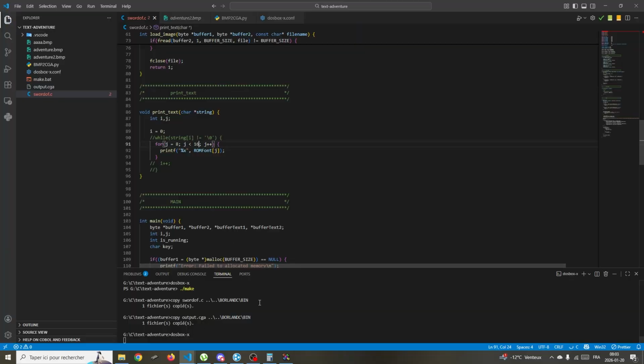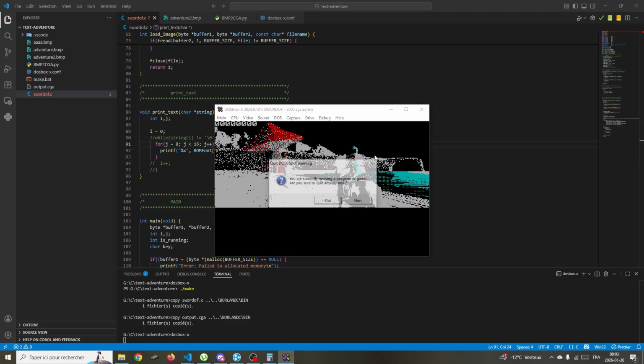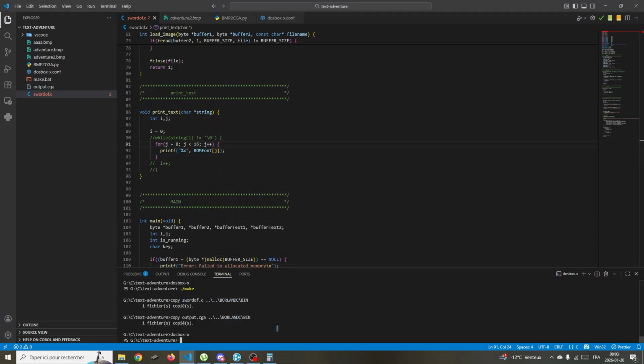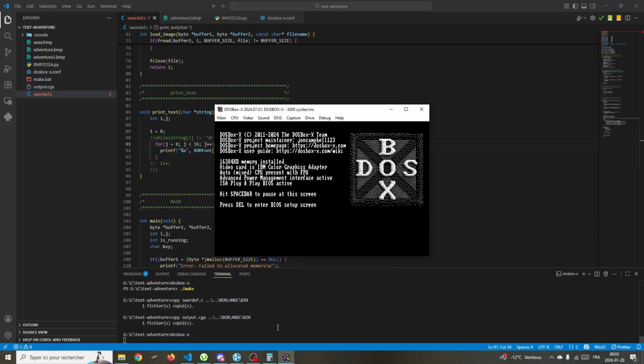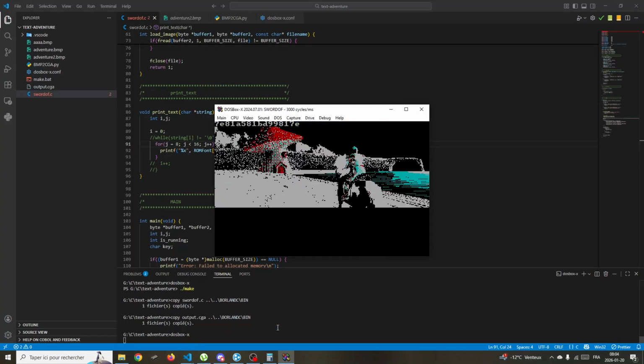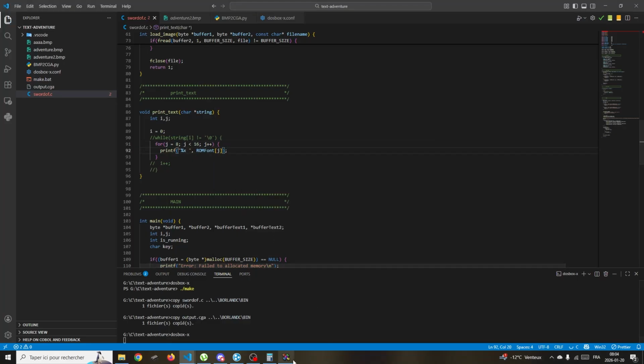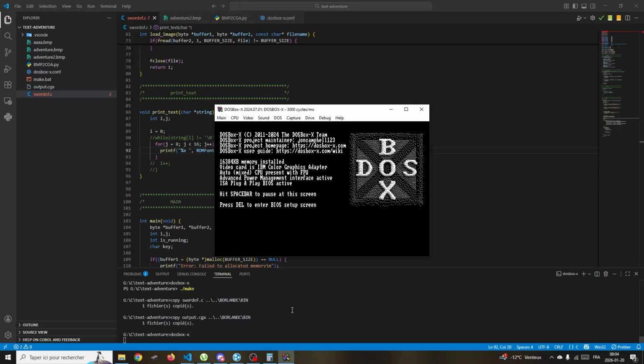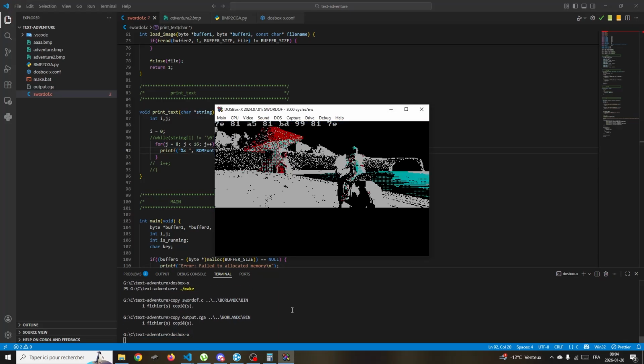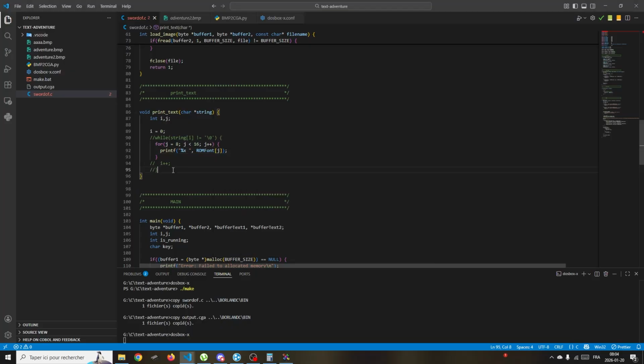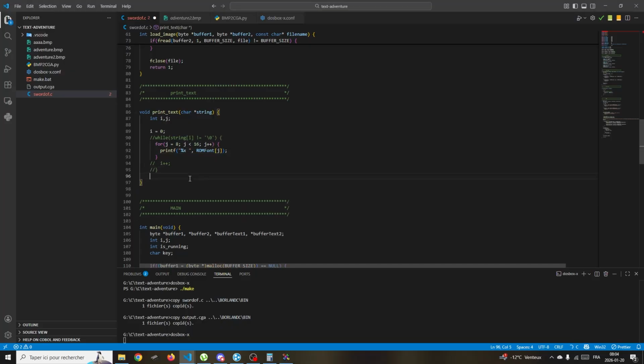Let's see what's the next one. Those are bytes, but I just wanted you to see them. So we have 7E, 81, A5, 81. This probably means garbage to you, but if we write what is written,